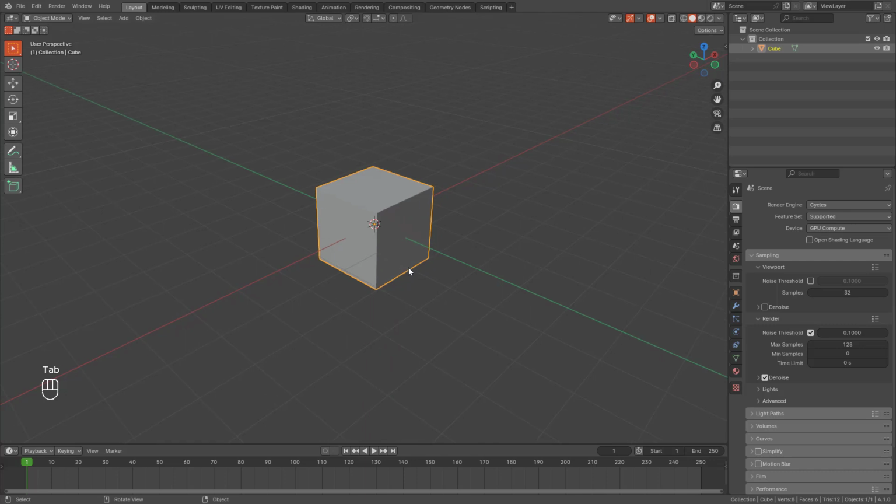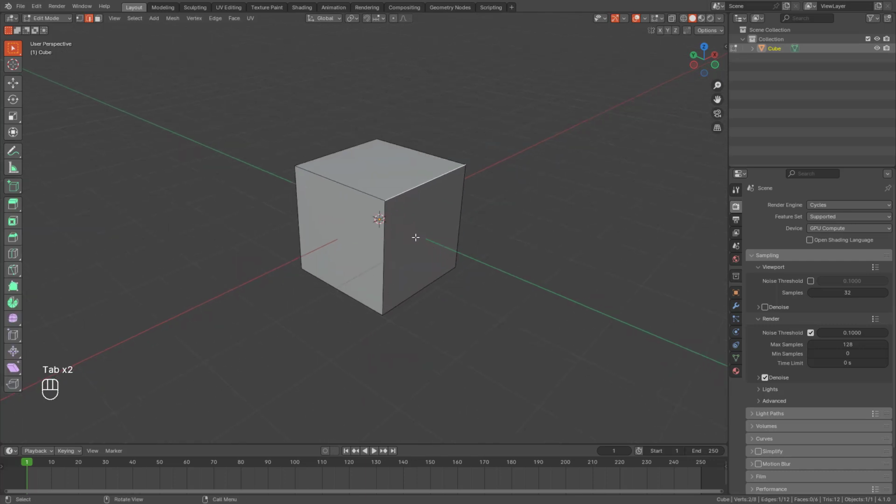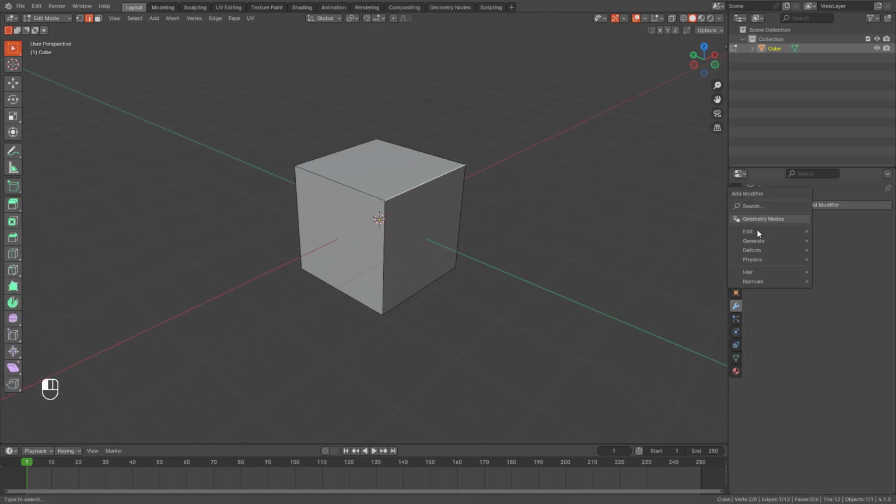There are lots and lots of other things that you can do in bevel tool, and you have this bevel